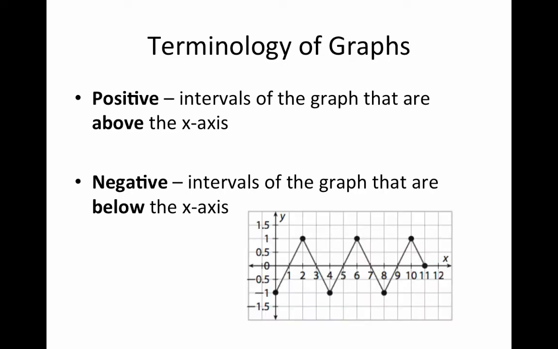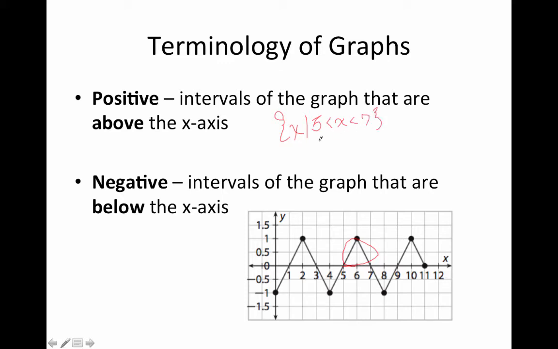Okay, this is that same graph that's listed on page 17. I'm not going to answer any of the questions in the book, because I want you to try them on your own for practice. But, for instance, one example of a positive interval would be right here that I'm circling, because from 5 to 7, the graph is above the x-axis. All of these different function values represented by this triangle are all positive. So we could say that this graph is positive